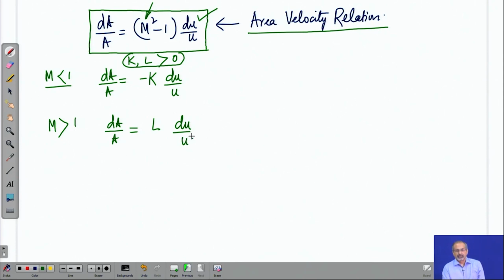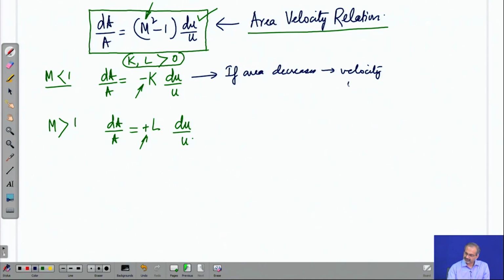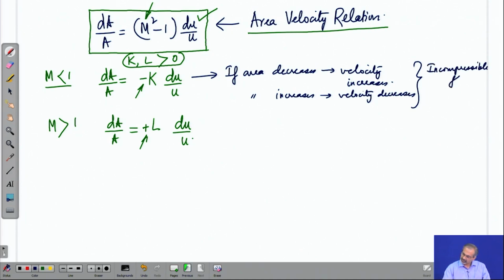So, what do you notice? You notice that this has a negative sign while this has a positive sign, while the constants themselves are both positive. What is the implication that comes out of this? It is a very, very profound implication. What is it? That if area decreases, velocity increases, and which also means that when area increases, velocity decreases. Well, this is not a very surprising result, because this is what we had seen for incompressible flow also. So, as long as the flow is subsonic, this is what is going to be seen,